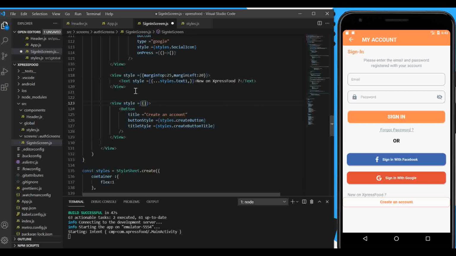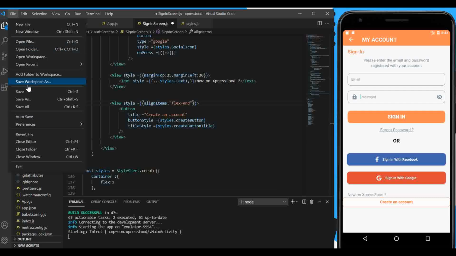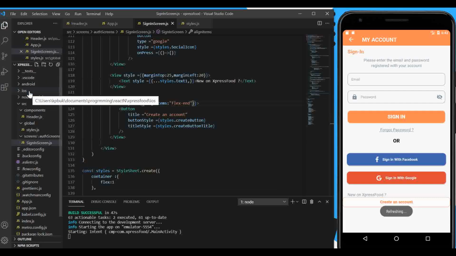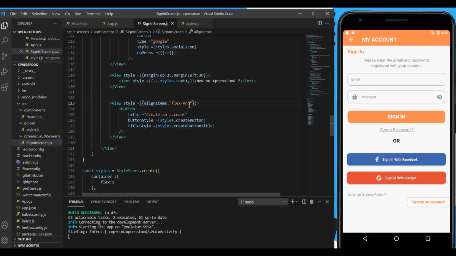We need to align this, align items, let's say flex end, and let's see what happens. Okay, this is good. Now we're getting the button where we want it to be,